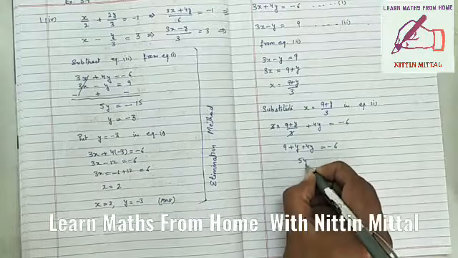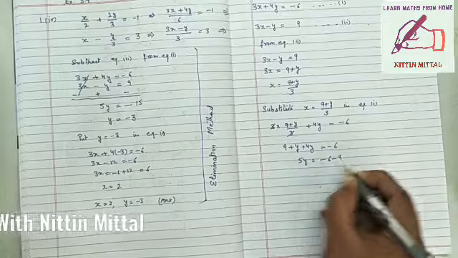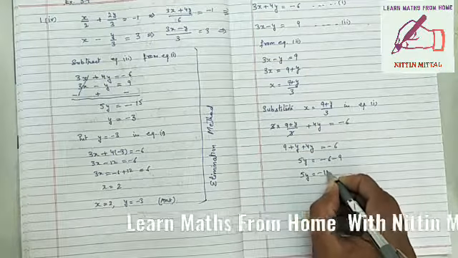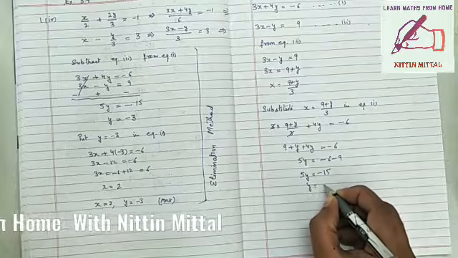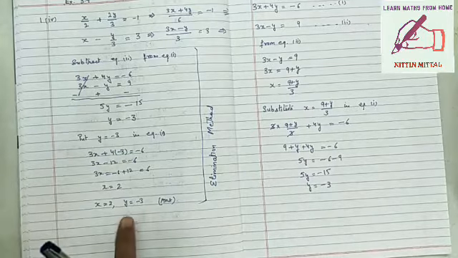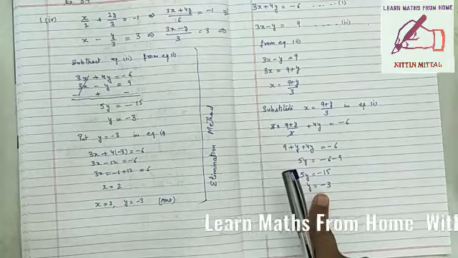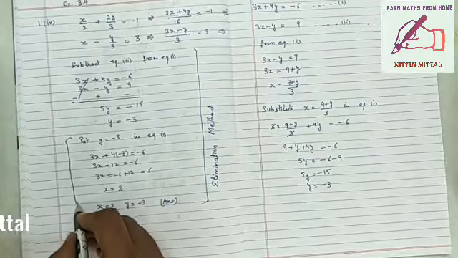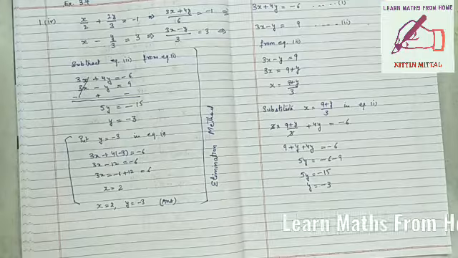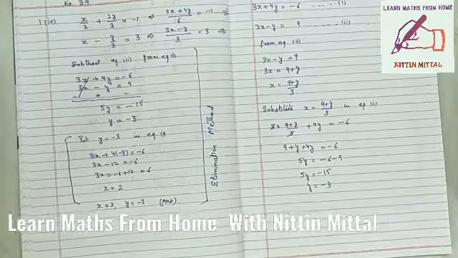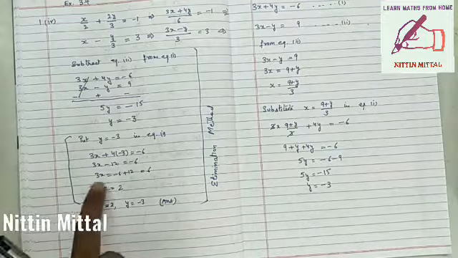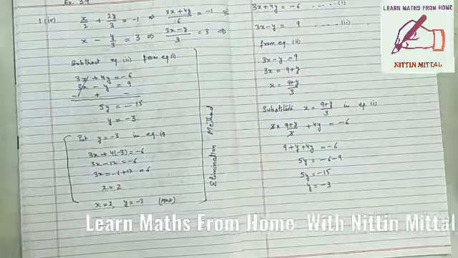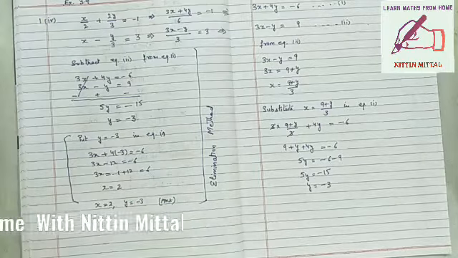So it is 5y equal to minus 6 minus 9. 9 we will take on the other side. So 5y equal to minus 15. So y will be equal to minus 15 over 5, minus 3. So you see, same answer we got, y equal to minus 3. And after this, to get x part, your solution is same. You have to do the same thing. You have to put this value of y in any one of the equation as we have done here. So this part of the solution is same. So this is the substitution method for this question.